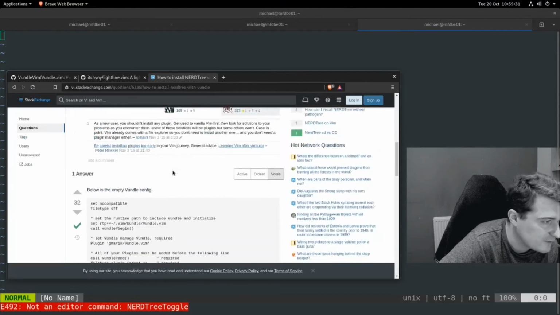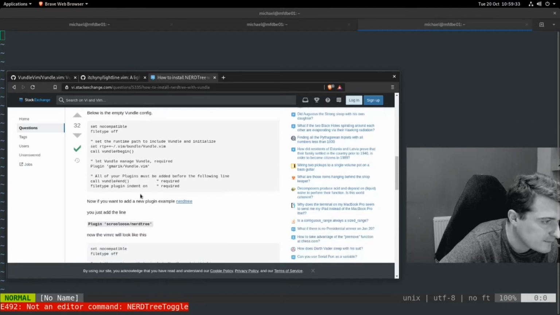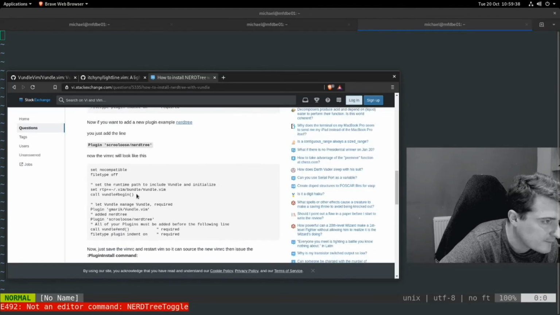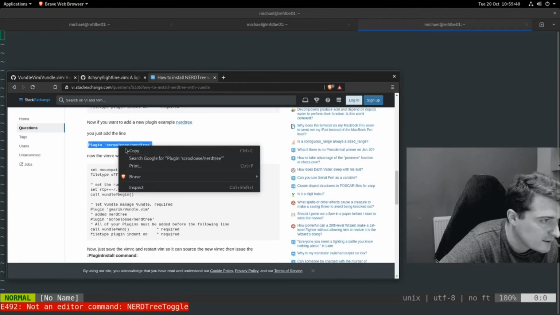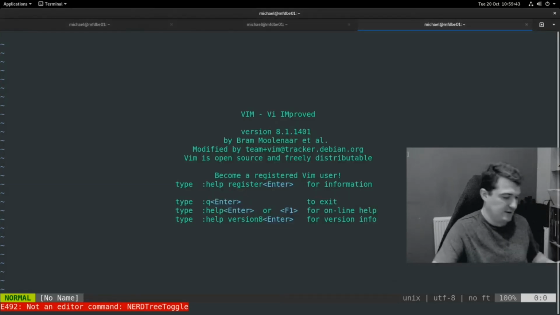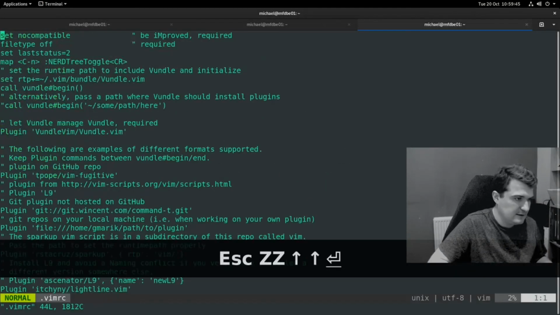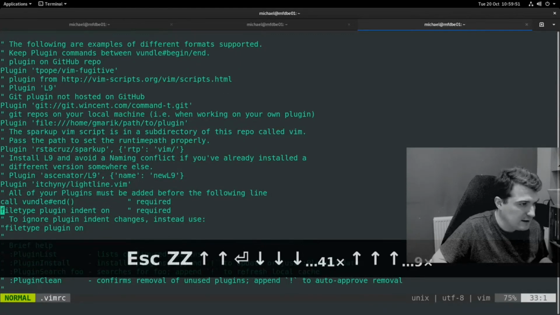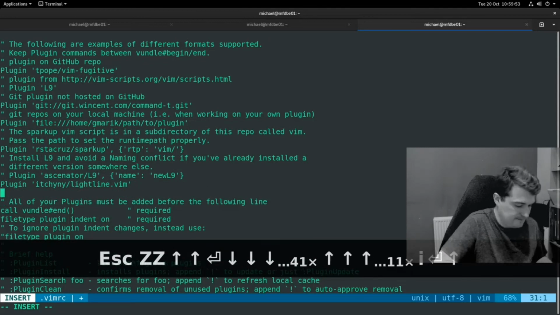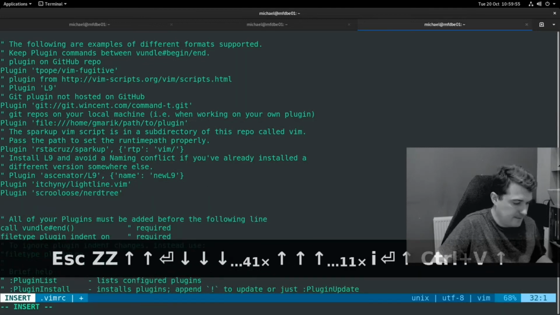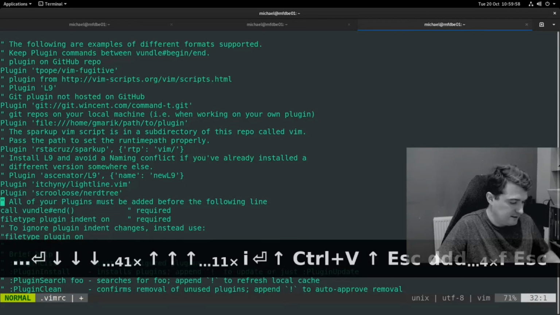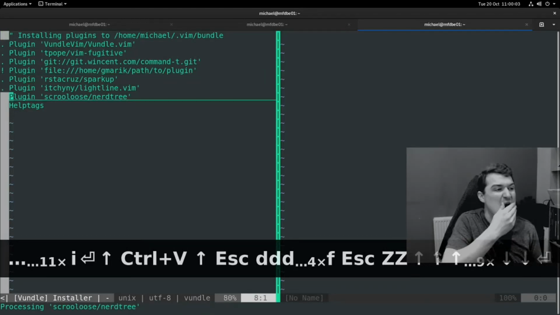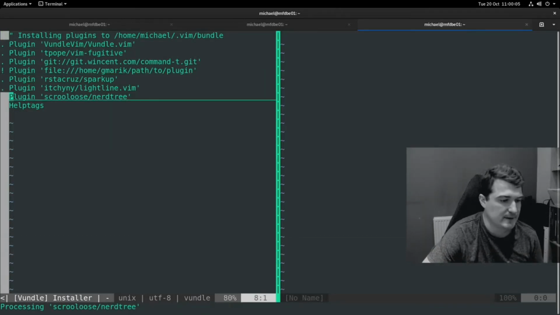Okay, let's do a bundle search for nerdtree. Below is the vim config file. Now the vimrc will just add the line Plugin 'scrooloose/nerdtree'. Okay, so let's add the line plugins go below this line. So let's put it under lightline here. Take out the blank lines. Let's run the plugin install again. And we've mapped it to